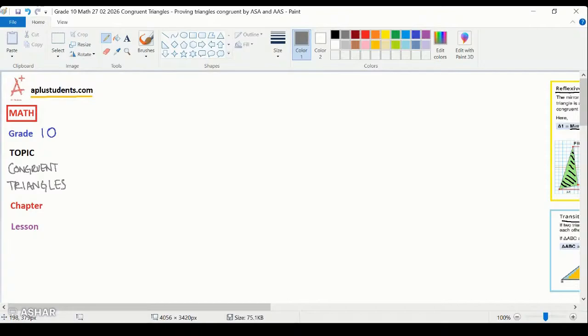This is chapter number 2, and we are doing lesson number 3. The name of the lesson is proving triangles to be congruent